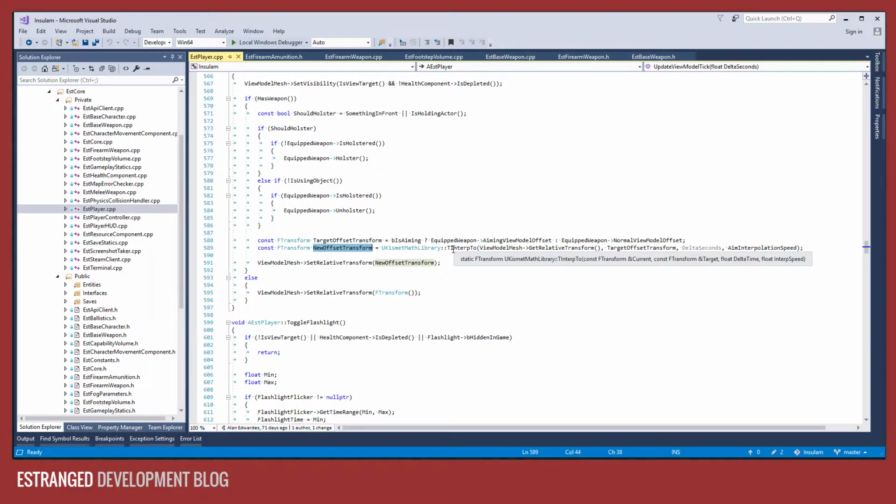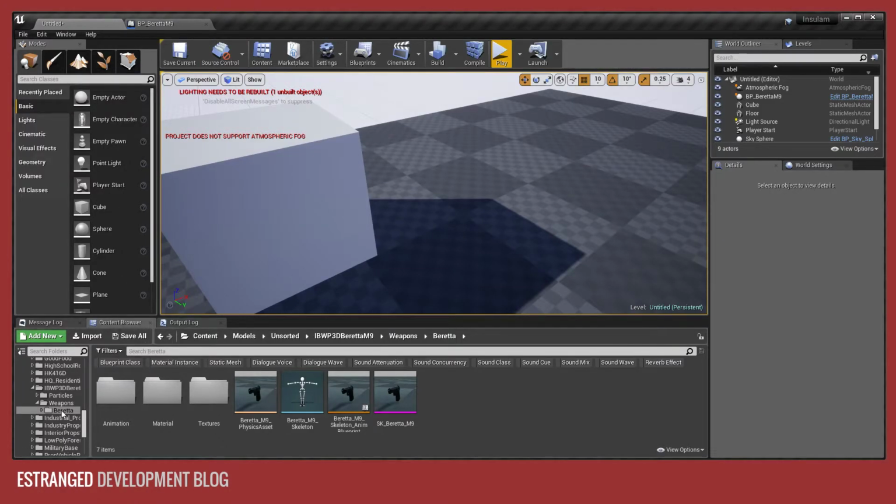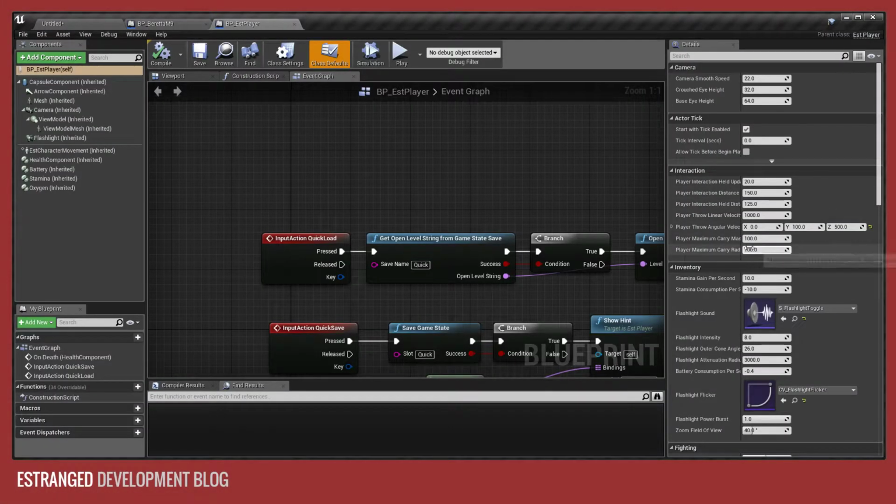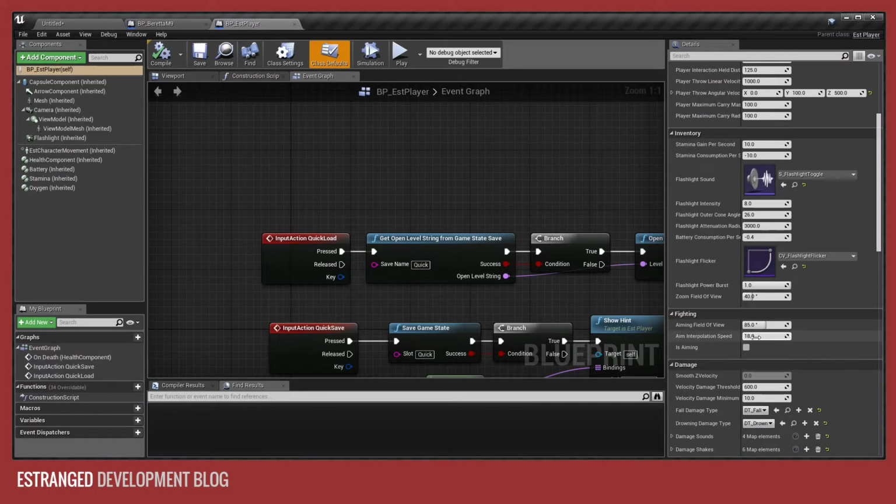We use this transform interpolate too, so you give it the current relative transform there from the view model mesh, the target, which is that target we've just set, the frame time, and the speed you want to interpolate it. So I've actually put this into a variable because it's fun to tweak this stuff and very easy to do it in the editor. So if I go over to my player blueprint here, put it in a nice window for you. So aim interpolation speed, if I set that to 1,